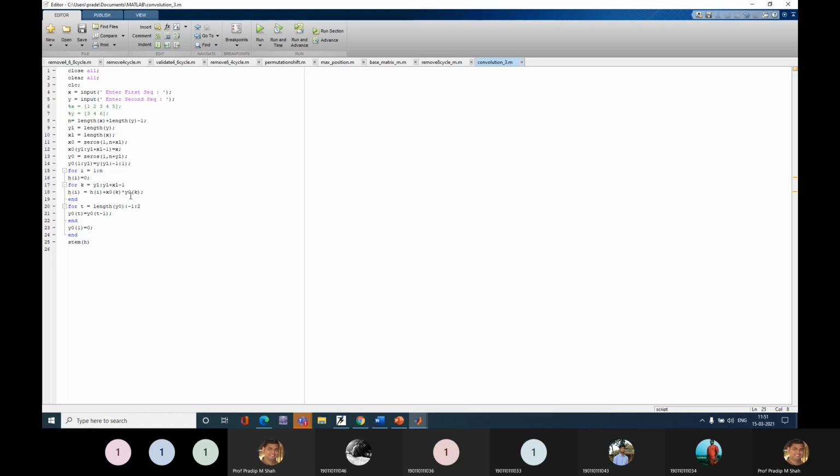Each time we vary the k and we modify my h of I. Initially my h of I is 0, and each time I do h of I plus x of k and y of k. This means that in this for loop I perform a multiplication operation, multiplication of two signals.